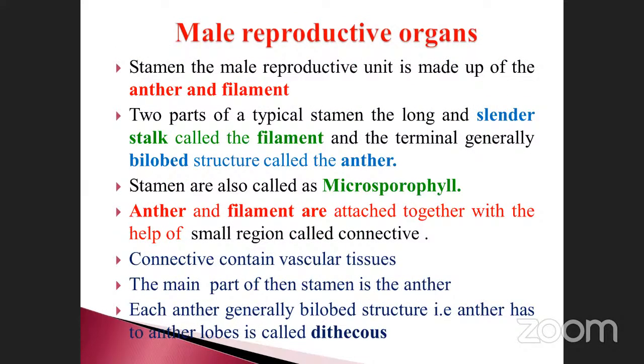Male reproductive organ. Before we study it, what are angiosperms? What are the special characteristics of angiosperms? What are the historical aspects, and who first introduced them? What is a typical angiosperm? What are the eras: Mesozoic, Cretaceous, and Jurassic, the golden period. All those things we already studied. Then floral parts: calyx, corolla, androecium, and gynoecium. What is the difference between monocot and dicot in floral aspects? How will they be differentiated? Anybody else?